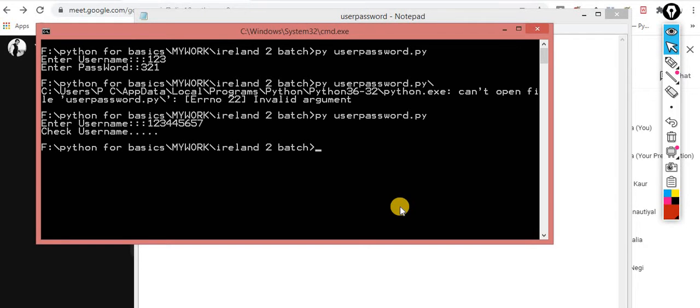My first problem statement is clear. These things happen in real-time cases as well. When your user is not a valid user, immediately you will get a prompt, check your username. If your user is right, then it is going to ask you the password and you enter the password. If your password is right, then it will go to the main page. Otherwise it will say please check your password.